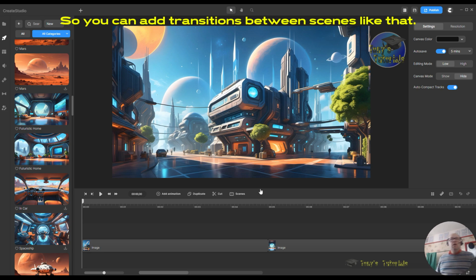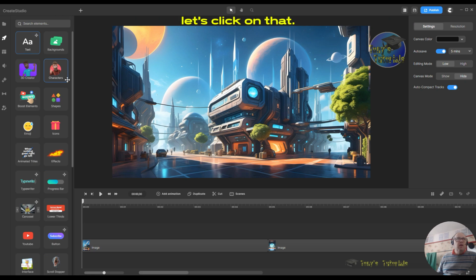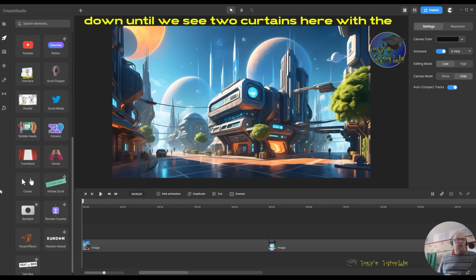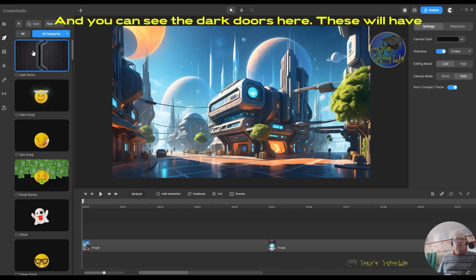But there are more specialized transitions. If we go on the left arrow with the left mouse button, and left click on the scroll bar and scroll down till we see two curtains with a transparent background image on it, we just click on that with the left mouse button, and you've got things like the dark doors here, and these will have